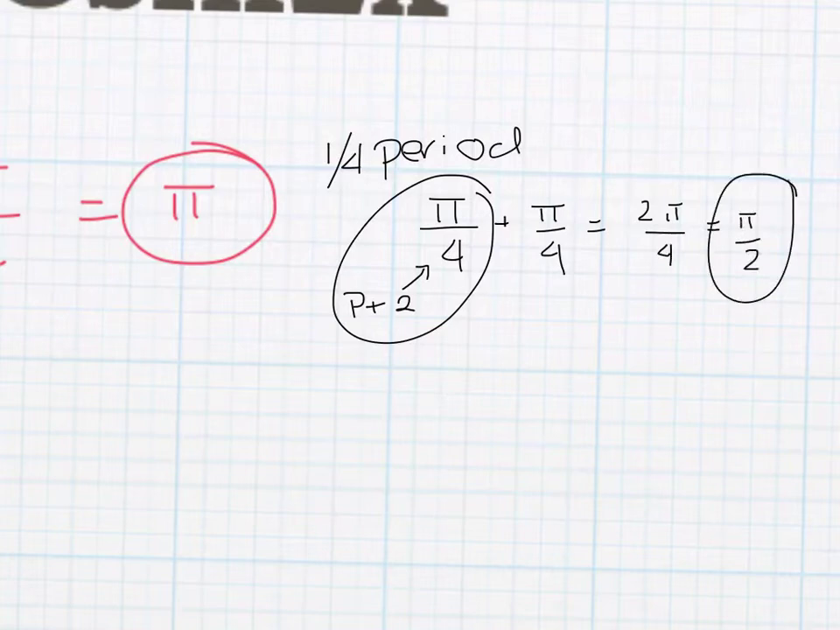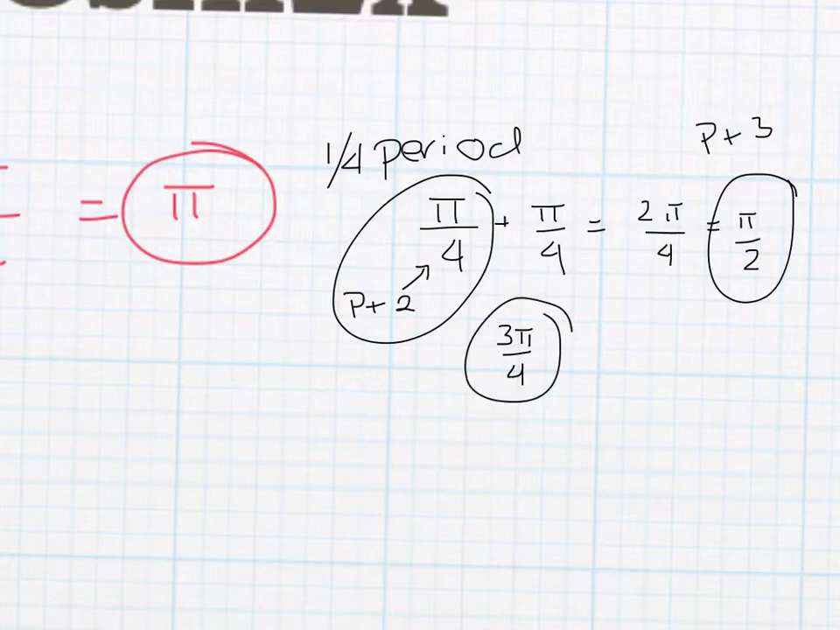This is point number 3. I add another pi over 4 to my 2 pi over 4, so that's going to give me 3 pi over 4. This is point 4. Then I'm going to add another pi over 4 to 3 pi over 4 and 0.5 because you need those